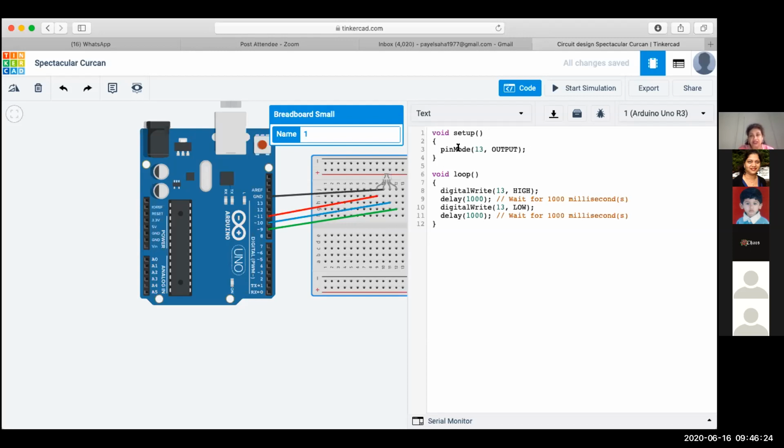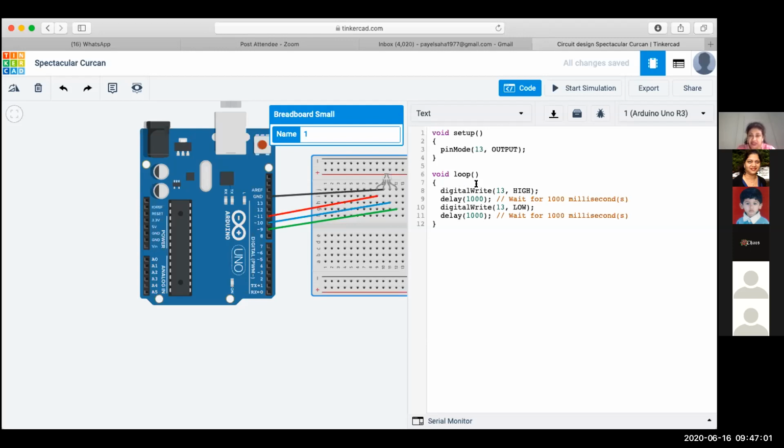The command used for this is pinMode, with a capital M. Remember, this language which we use for texting is called embedded C, and it is a case sensitive language. So if you write pin small m mode, this will probably give you a simulation error. Over here, pinMode is configuring pin number 13, which is my default pin, as an output pin. In the setup part, only this much is there.